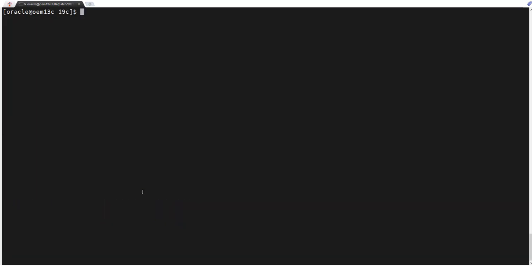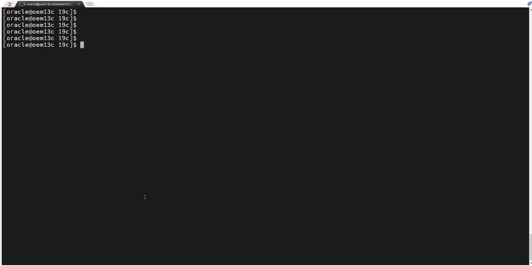So I have shown you the OJVM location and the RDBMS patch set update location. You just download, copy and unzip, and I have also shown you the Grid Infrastructure release update.